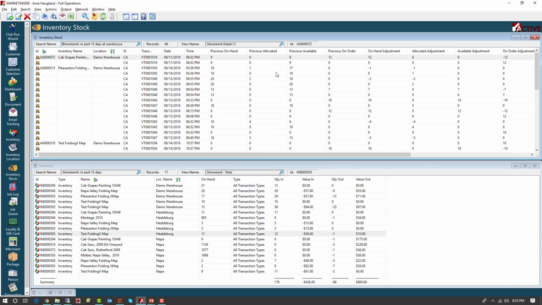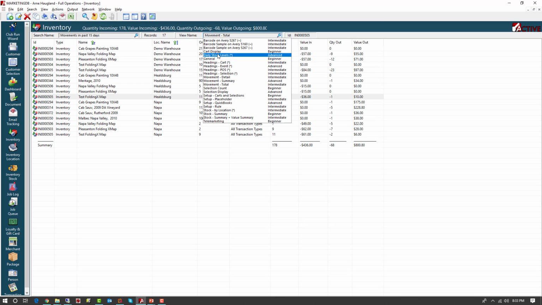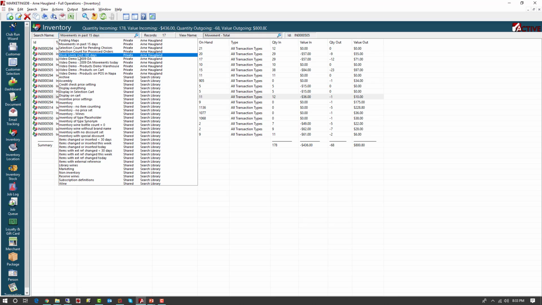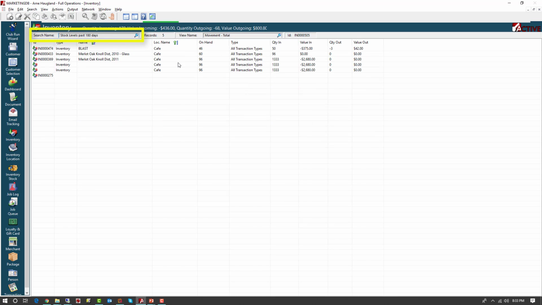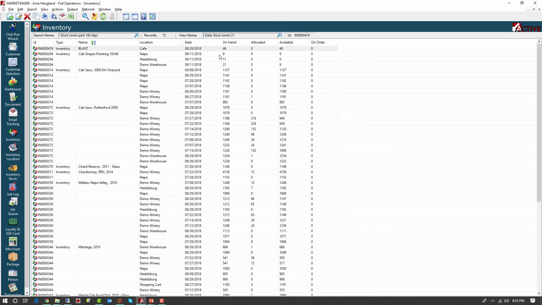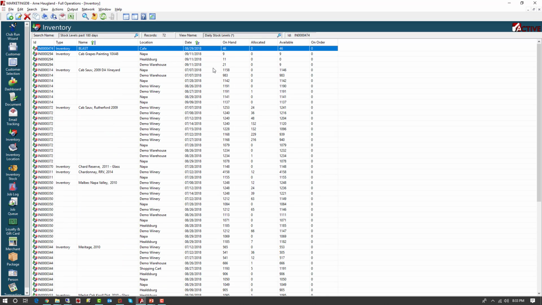Now there's another important feature, which is, let's maximize this up again, and we're going to pick the daily stock levels. Let's pick a search for daily stock levels in the last 180 days. And then we'll pick the view daily stock levels. I'm going to sort by this date. Then I'm going to sort by the name. So this shows me